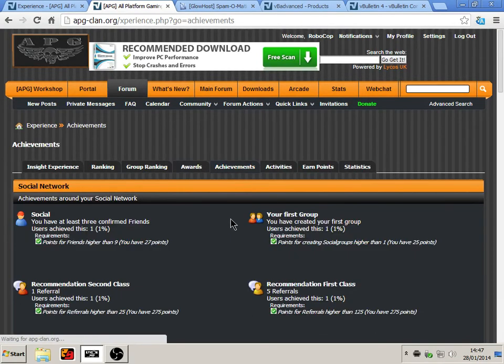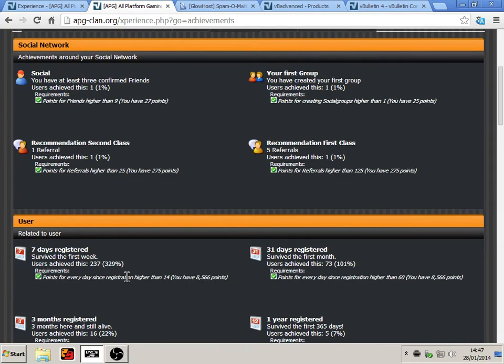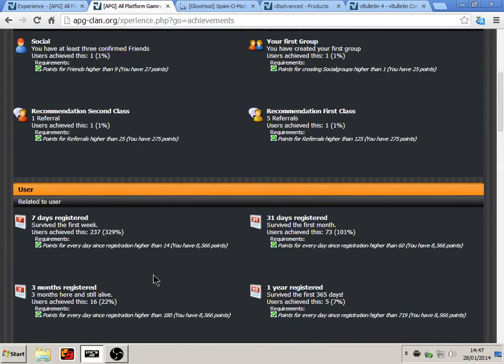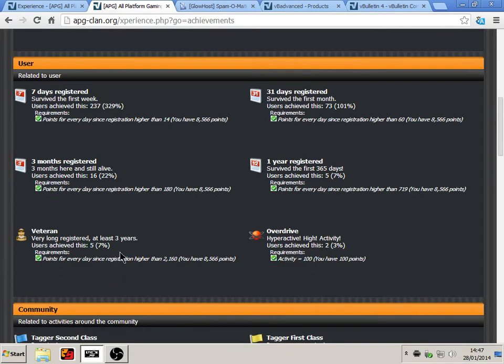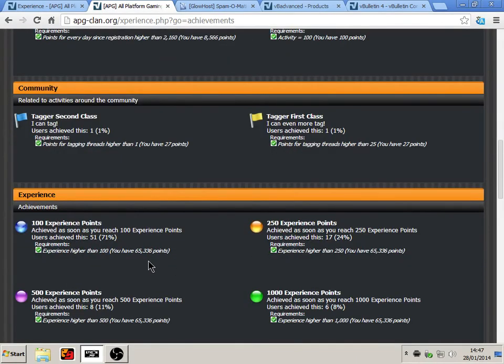And if I go to the achievements, this is the sort of thing you would get, like how long you've signed up for. And veteran is when you've been registered for a very long time, you'll get these sort of medals and awards anyway. And that is very, very useful. And this is the experience point you've got,